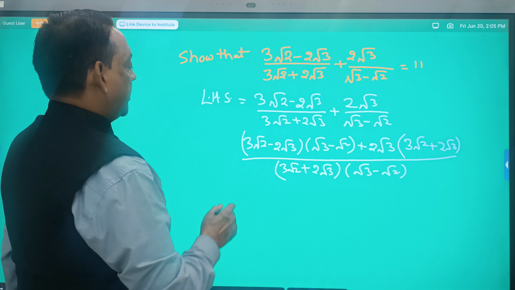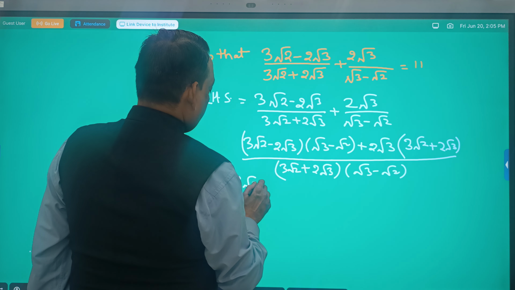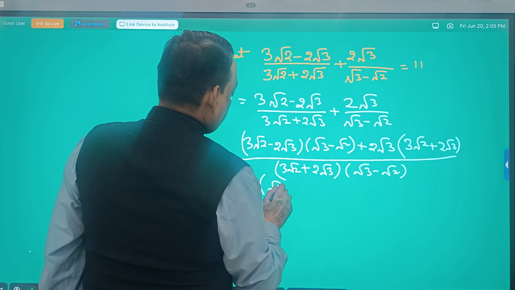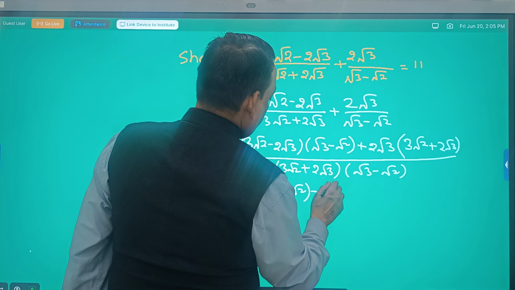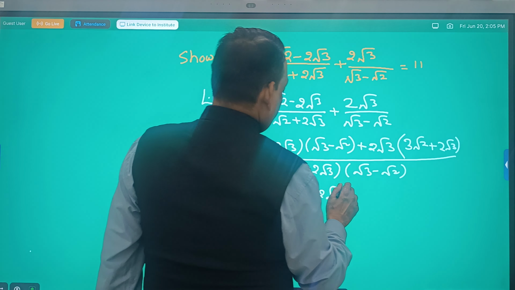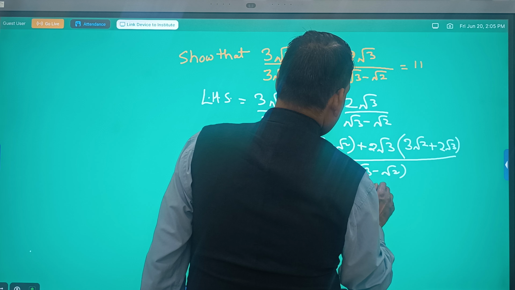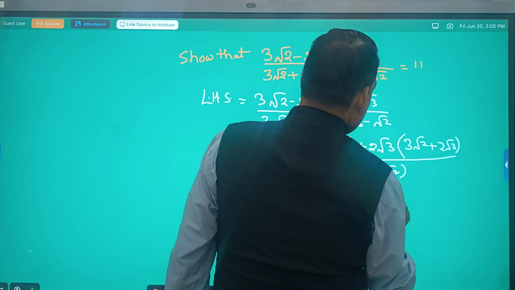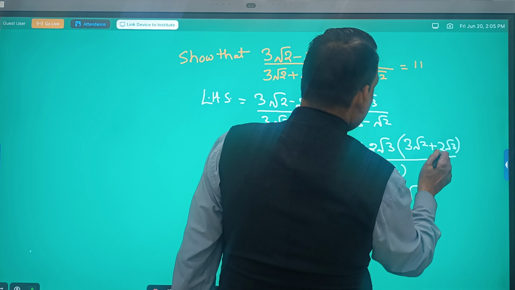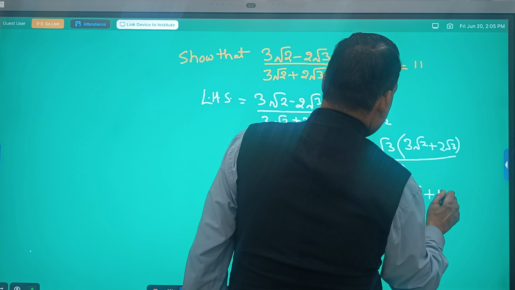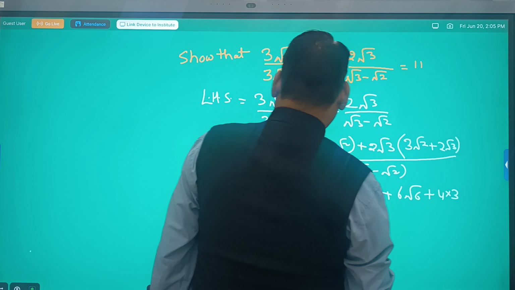Okay, so now we will multiply this with the bracket, so it becomes 3 root 2 multiplied by (root 3 minus root 2), and then minus 2 root 3 multiplied by (root 3 minus root 2), and this we directly multiply. So 2 3s are 6, root 6, and 2 2s are 4, so plus 4 root 3 into root 3 will be 3, and the whole thing upon